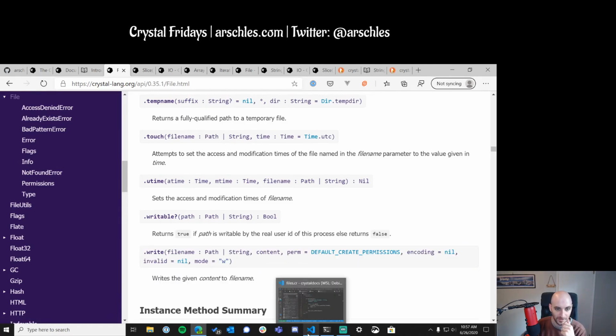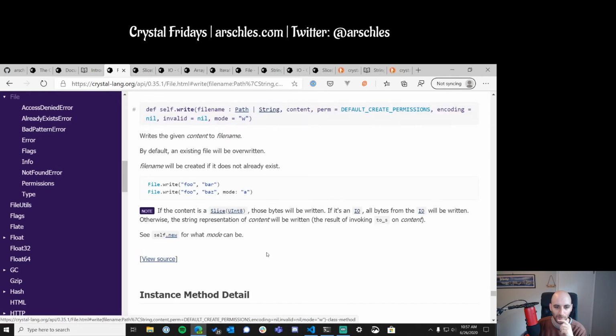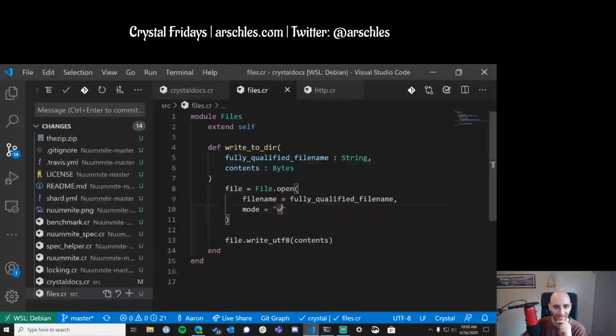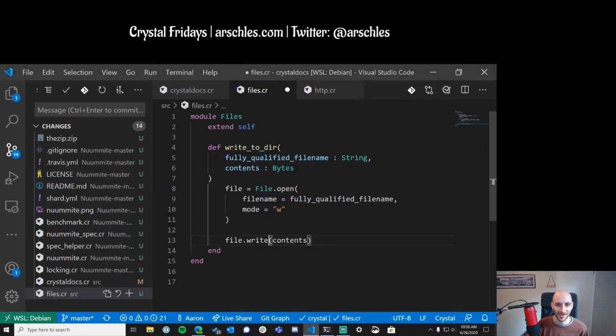File.write. Oh, I missed that. Oh boy. Look at this. Oh, I wonder what content needs to be. Yeah. Content can be a string. Oh no. I didn't have to do any of this. I could have just done file.write. I missed that. Okay, so